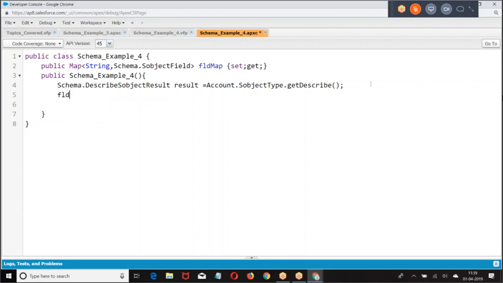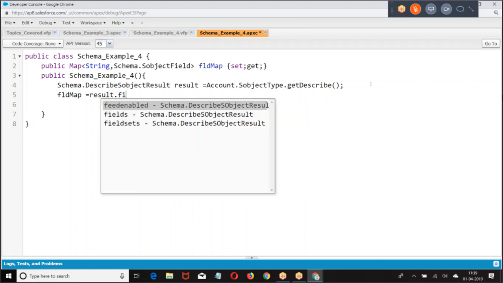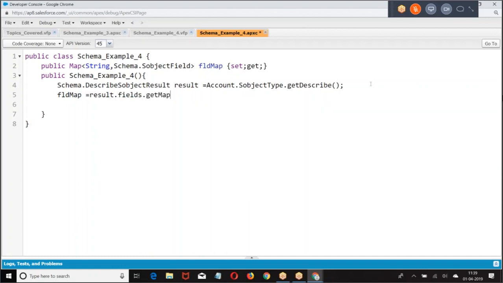What was that? Field map equal to result dot fields dot get map. Now what we have done, get the description about an object, get the fields in the form of map.